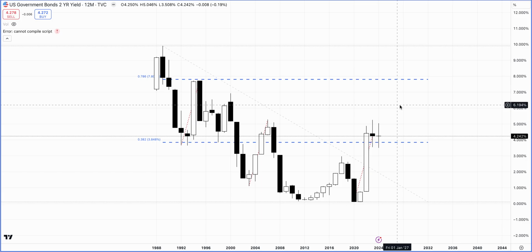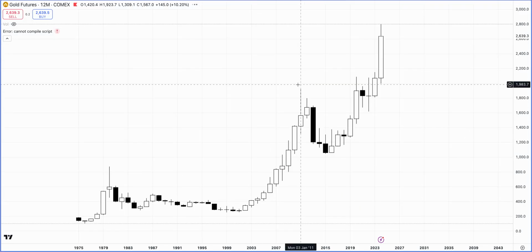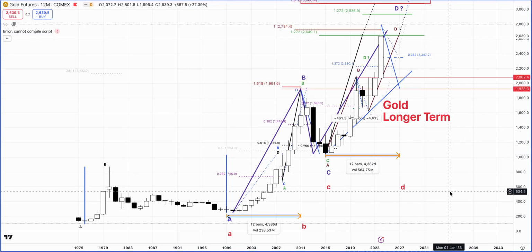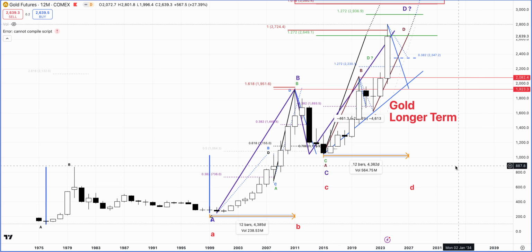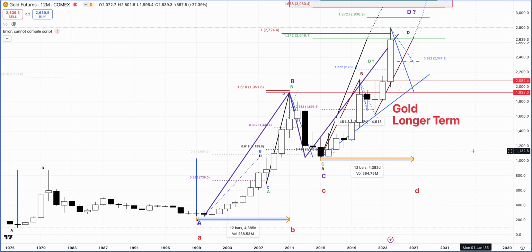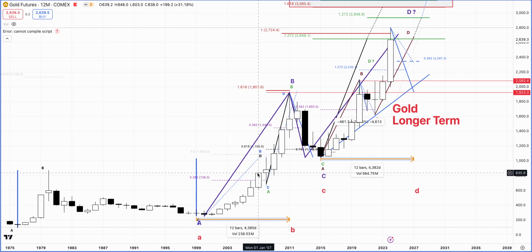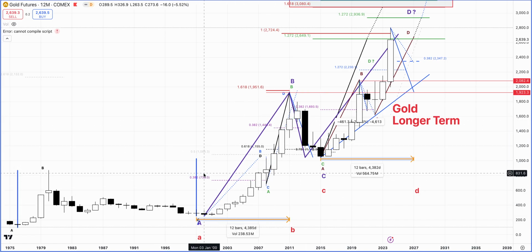Now, let's take a look at the gold futures. Here we go. So this is the yearly chart of gold. We have taken a look at this chart in the form of the monthly chart before. But here, something really interesting to see is these candles, each candle is 1 year, 12 months. We have had a fantastic move which started somewhere a quarter of a century ago, so about 25 years ago,